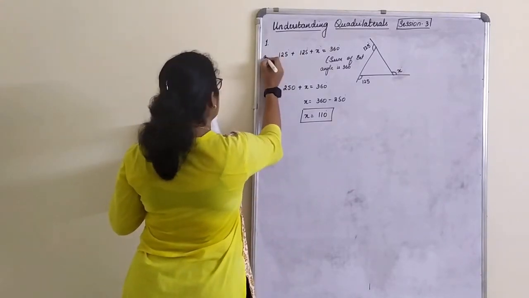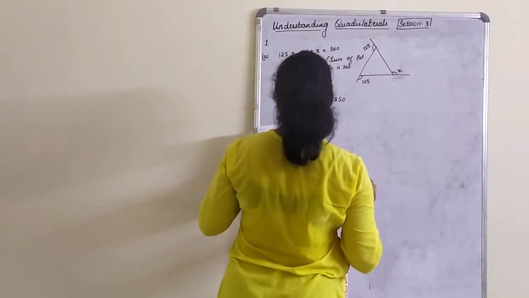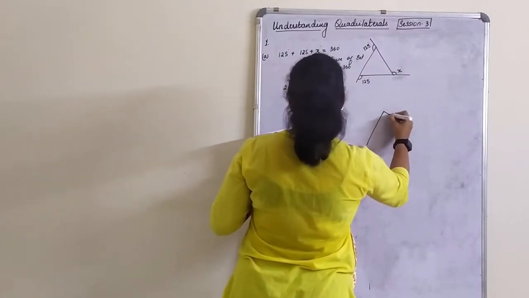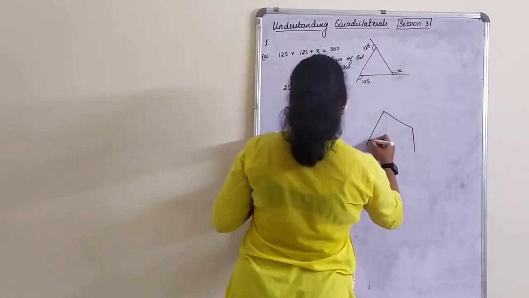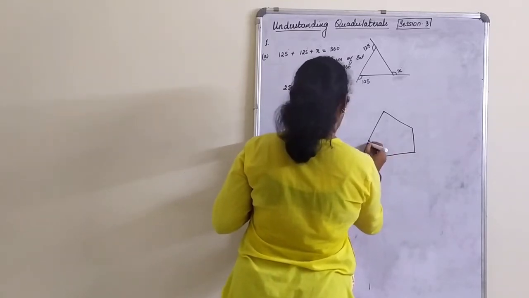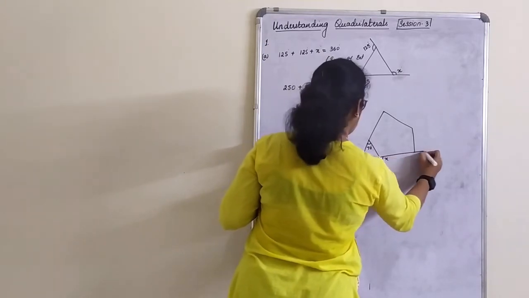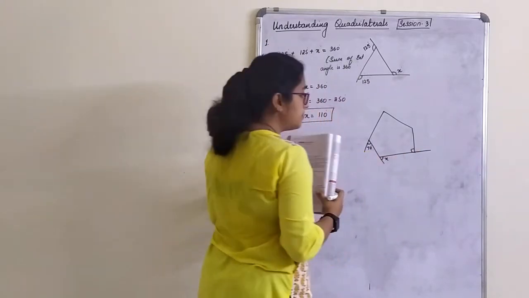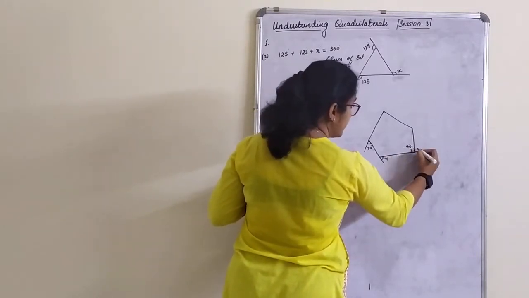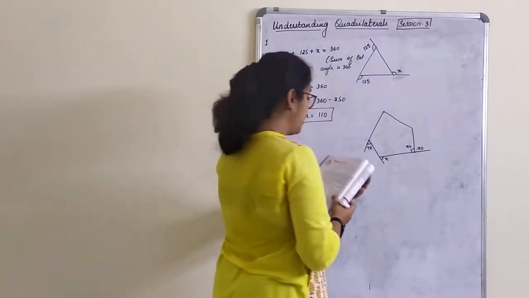So this was A and this is B. Which diagram is it? It is a pentagon. In a pentagon also, the sum of exterior angles is 360. We know that, correct? So let us mark. This is 70. This is x. The symbol indicates it is 90 degrees, perpendicular. If this is 90, children, this is also 90. Perpendicular means they are 90 degrees.